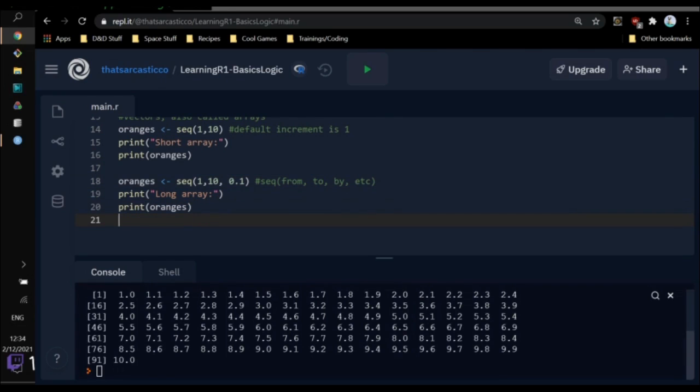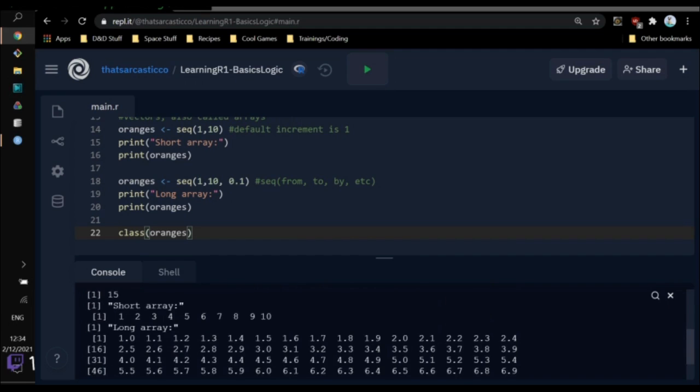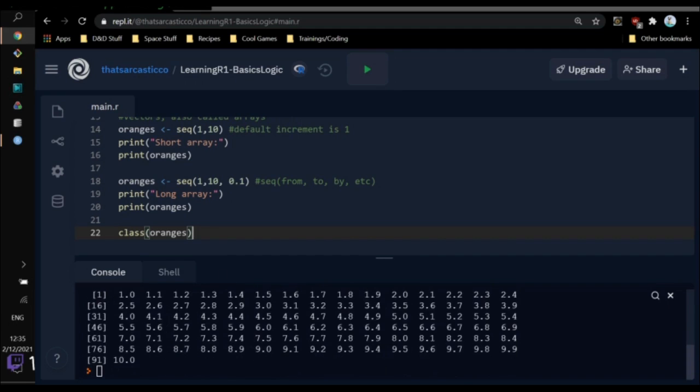Alright, so let's see. Class of oranges will tell me, it should tell me. I think this is what I had to do. Yeah. Okay, so